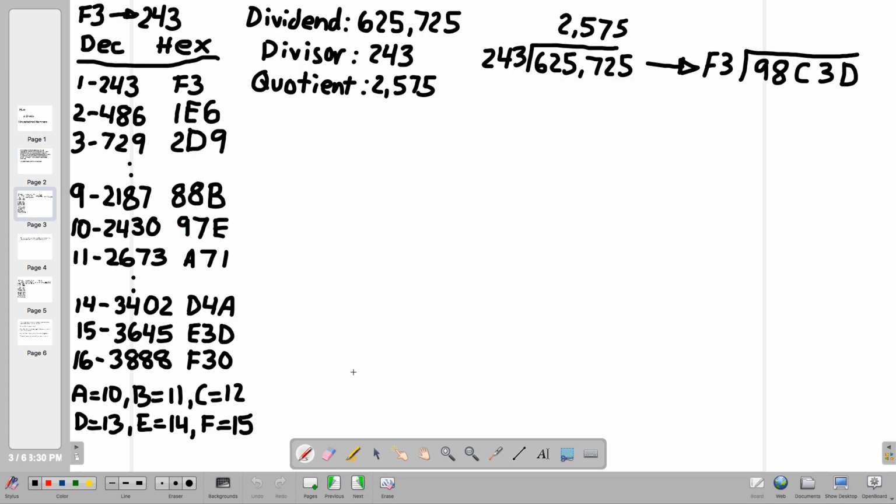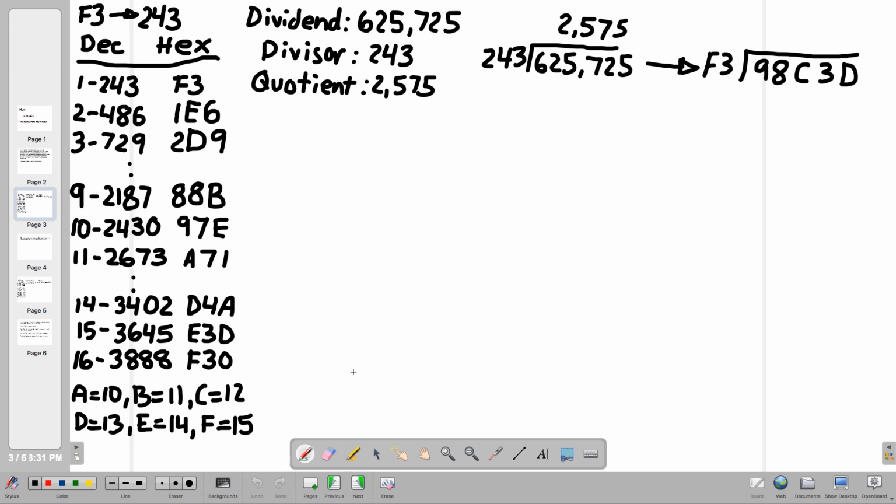Okay, so as we mentioned with division, the terms involved are dividend, divisor, and quotient. For this example, we're going to use the value 625,725. For the divisor, we're going to use the value 243. And our expected quotient should be